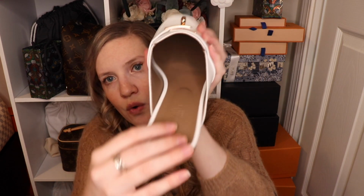I know that some of the older style Oz Mules have a cloth interior in them, and these are all leather, so there's no weird slipping or bunching. They're actually really comfortable, and that's why I was really bummed when I realized the black ones didn't fit one of my feet. So when I could order these, I was super excited because I actually have a lot